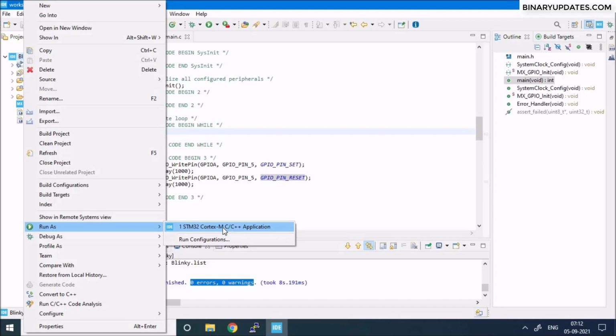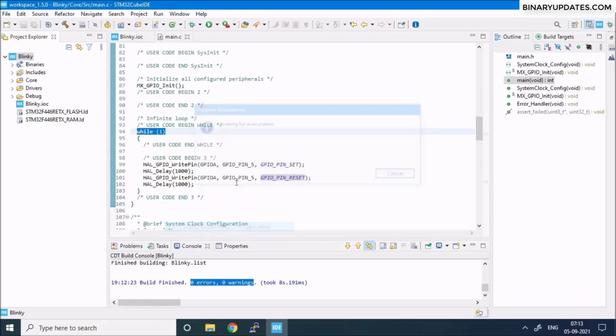driver is installed properly. If you don't have the driver installed, then go to Device Manager and update the drivers. But that hardly happens, right? Most often you don't have to do anything, just connect the Nucleo board. It just installs the USB virtual COM drivers. So to upload the code onto the STM32 microcontroller on the Nucleo board, just select STM32 Cortex-C++ application, click on